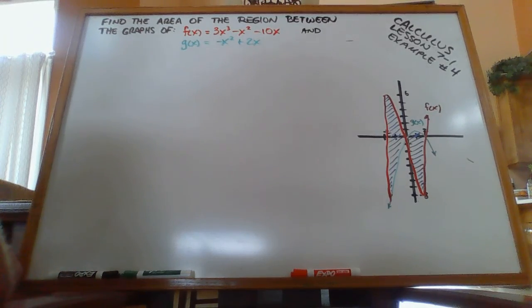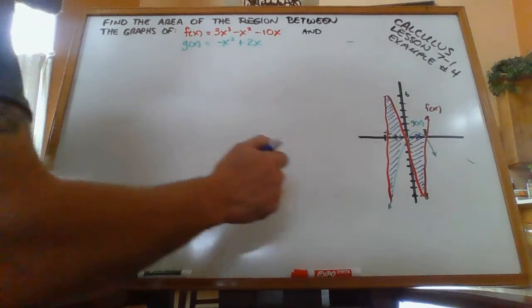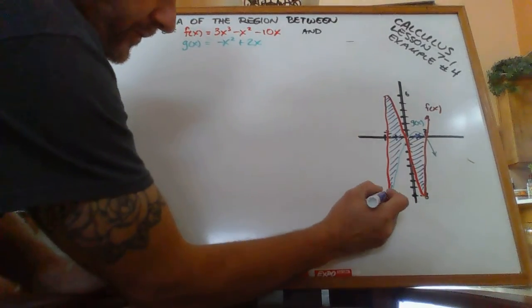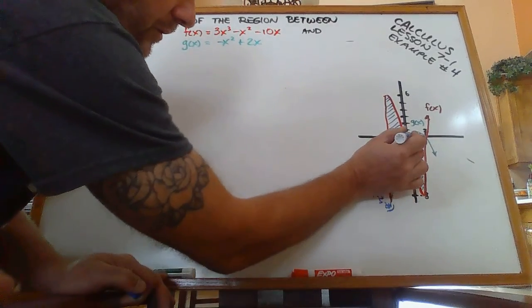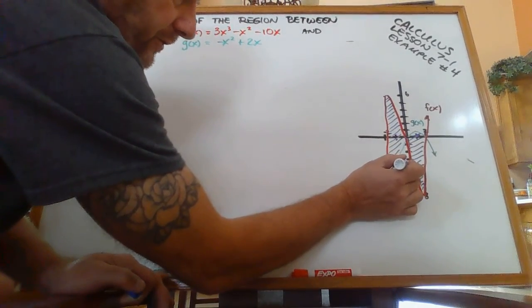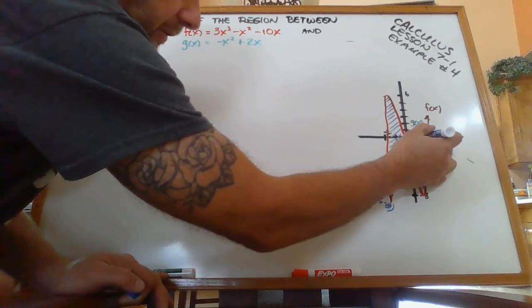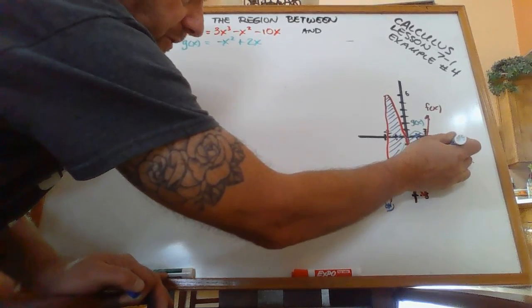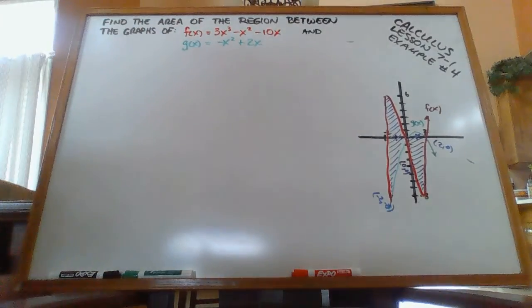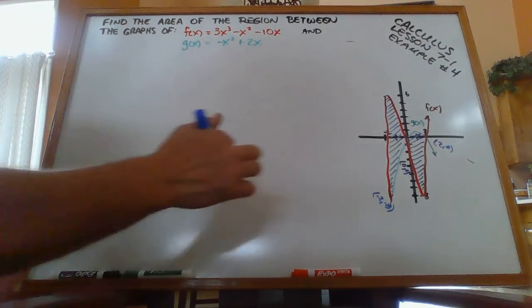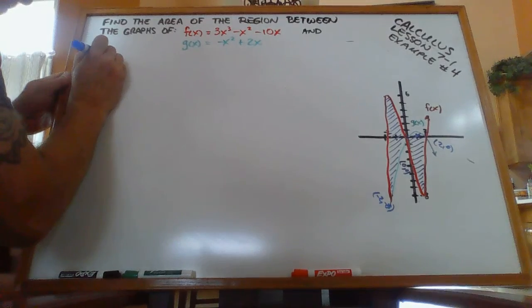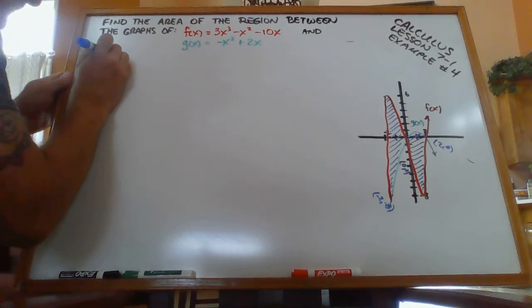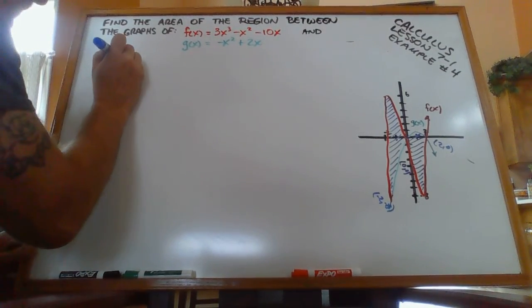So this is not the best quality graph, but we have intersections down here at the point (-2, -8). We have another intersection at the origin (0, 0), and we have another intersection at the point (2, 0). So we actually have to do two separate integrals on this one. We're going to find this region right here. So that's going to be the integral from -2 to 0 of,